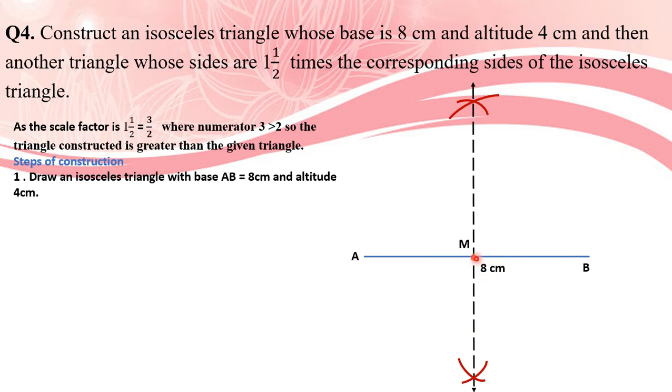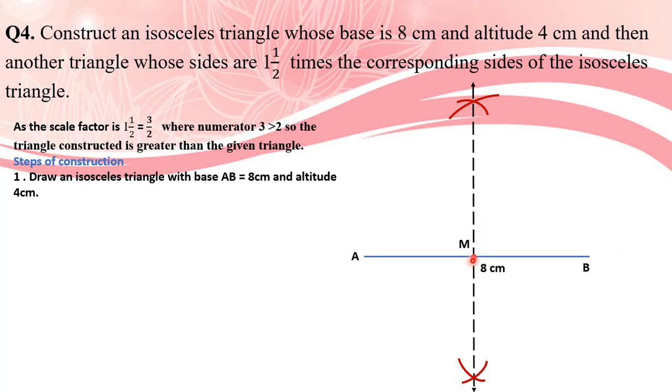So we can say this is the perpendicular bisector of this line segment AB, that is M. At M there is a 90-degree angle and AM is equal to BM. M is the midpoint. Now we have to take the altitude. Altitude is known as the perpendicular line from a vertex to the opposite side. So altitude is nothing but the height of the triangle.